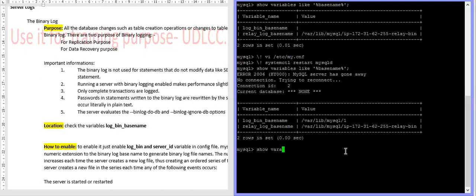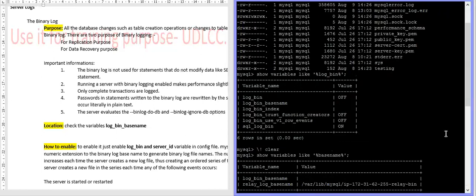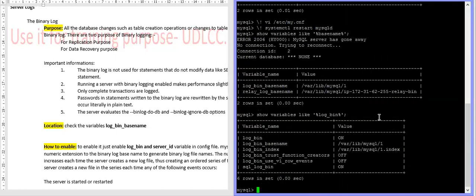So show variables like log_bin. See here, your log_bin is on, your base name is this, and the index file is this. Earlier both were blank, now it is on, and you can see the file name.